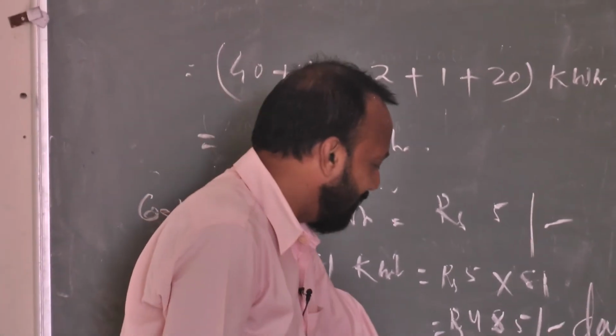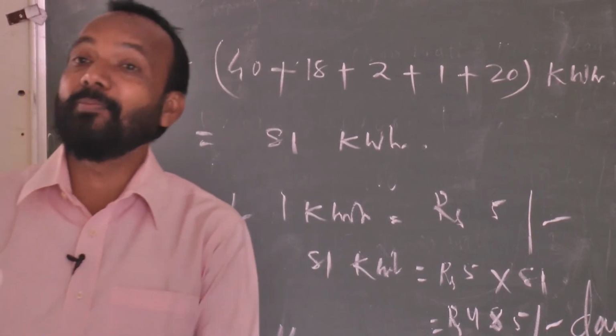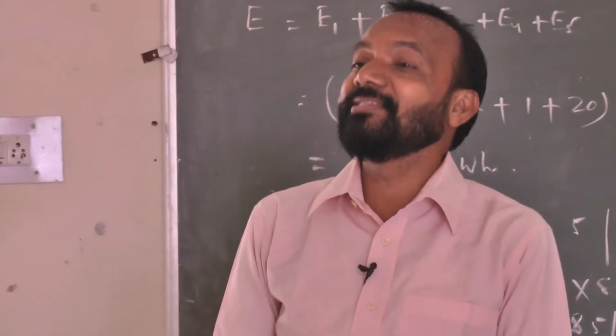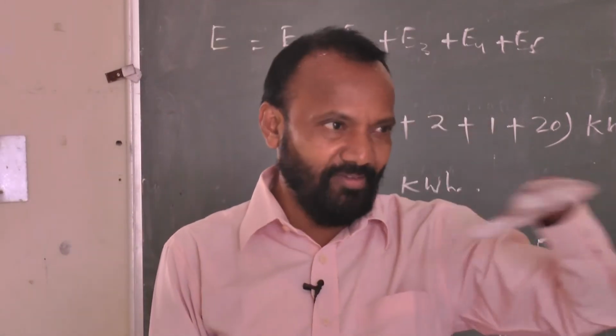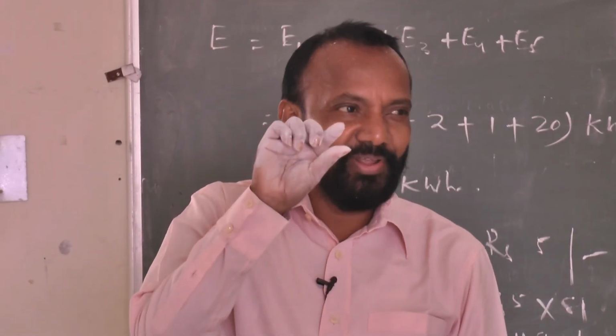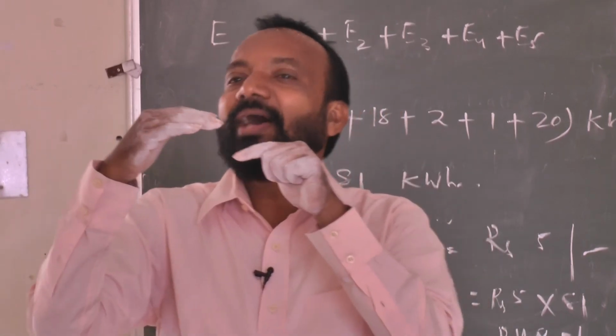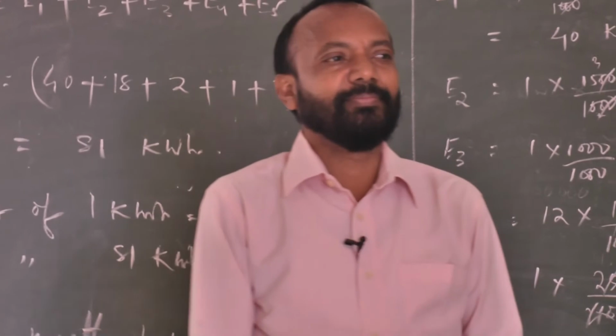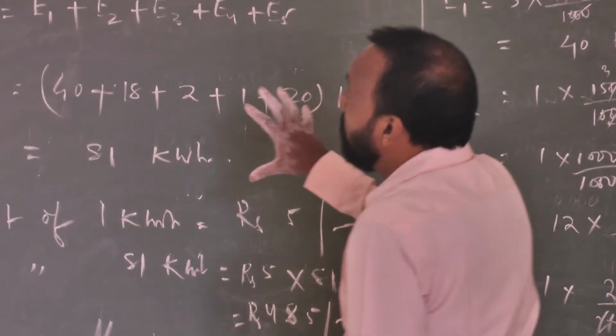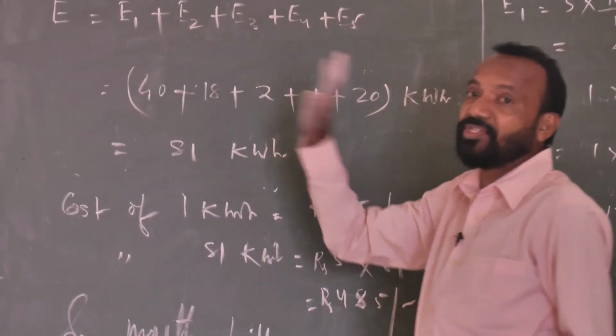So this much, 14,550 rupees, you have to pay per month. That is how the monthly bill comes as per the calculation. But in the monthly bill, you see, there is a slab, you know, for 100 or 150 or 200 you need one slab, and more than 250 another slab. The slab is there. So like this, the energy calculation numericals also you must know.